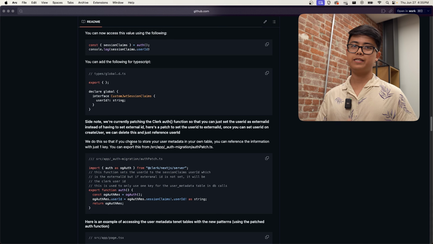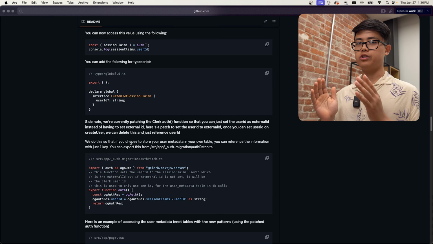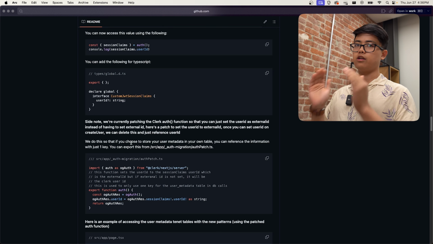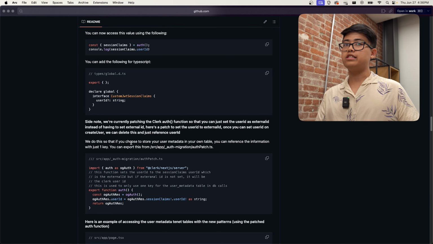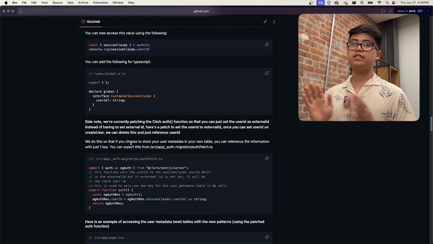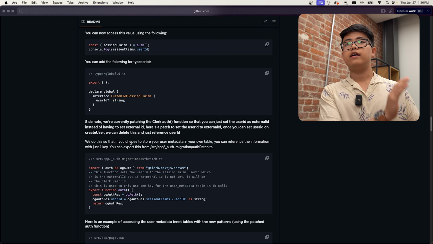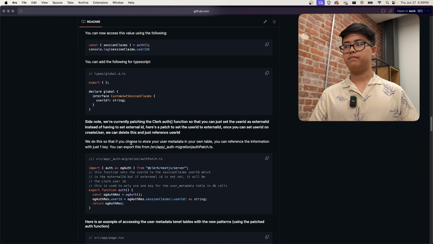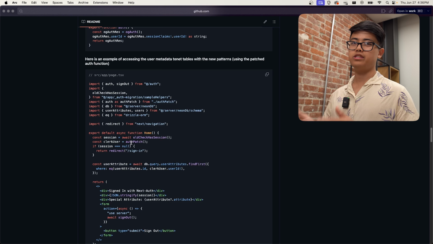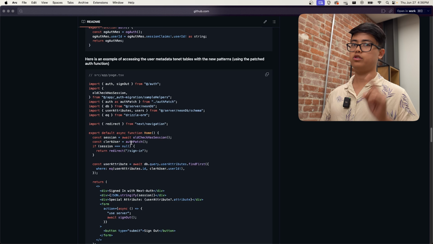So right now we're actually patching the actual Clerk auth function to change the user ID that the Clerk function returns to the session claims that we set. This is only useful if you're using an external table that you own to reference user metadata. Here's an example of using the auth patch as well as the session claim in order to reference only one